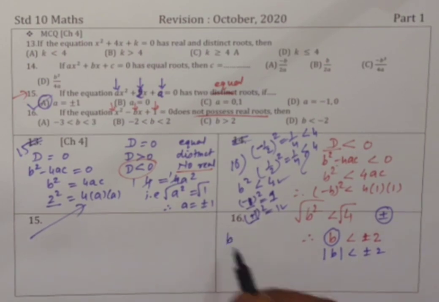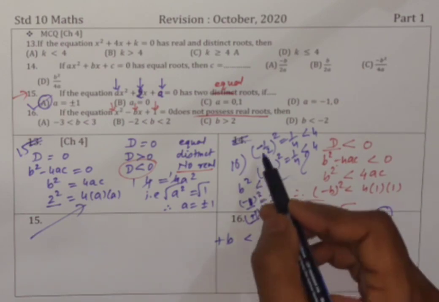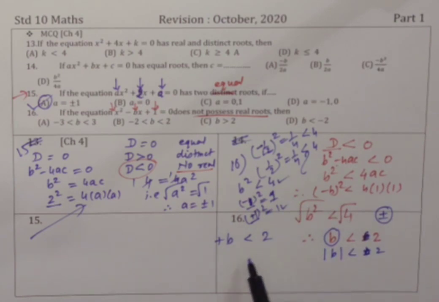Okay, fine. So absolute value of b is less than 2. Here we will take only the plus value, square root of 4, because on the left hand side I am taking the absolute value, and I have explained to you why. And minus b is also less than 2. Absolute value of b is less than 2, so plus or minus b is less than 2. That means plus b is less than 2 and minus b is less than 2. But we don't want minus b.